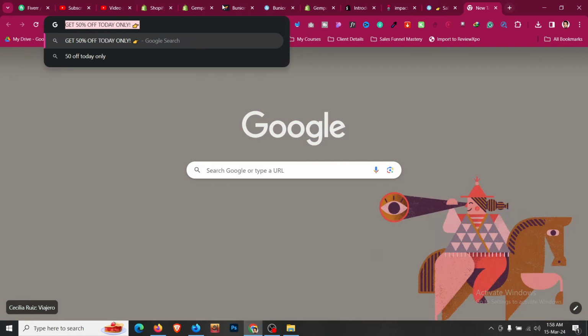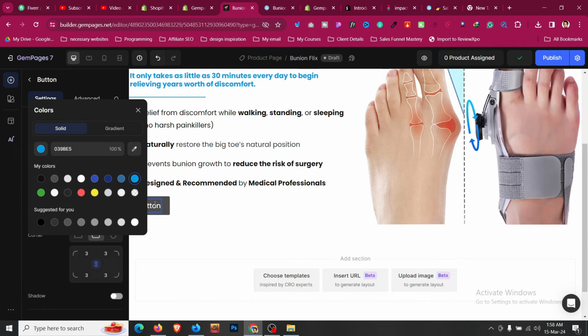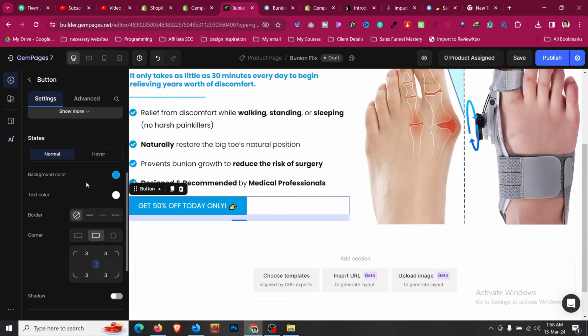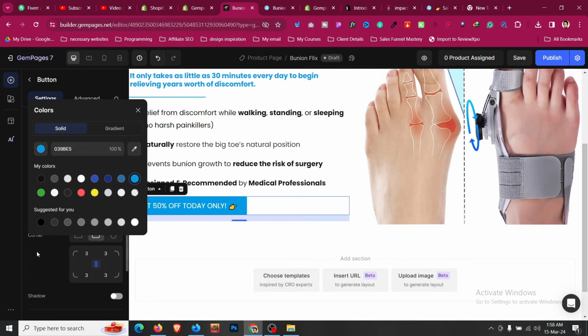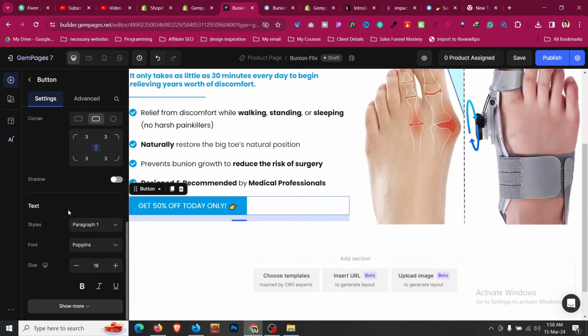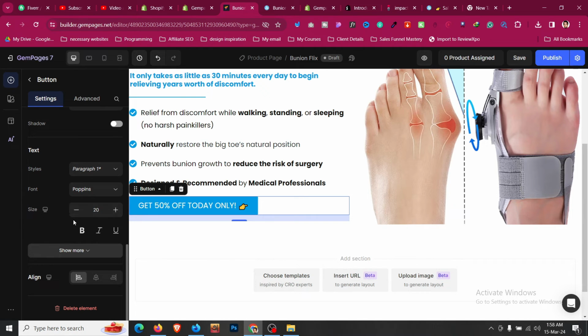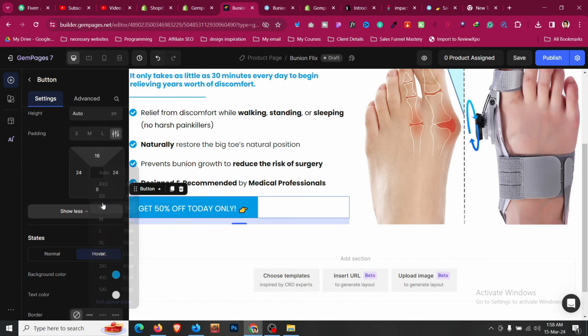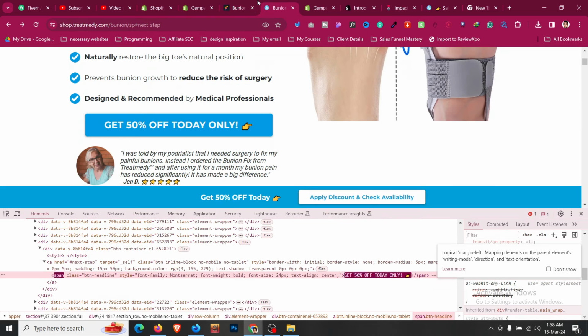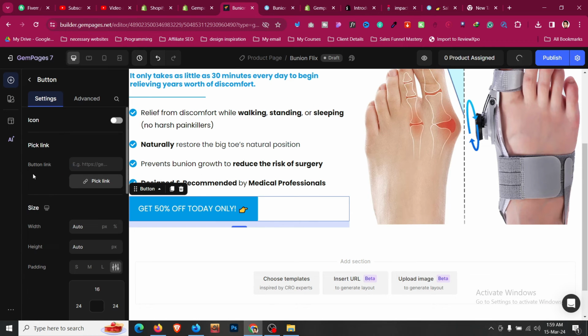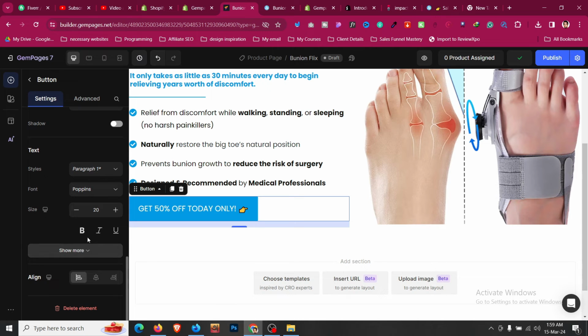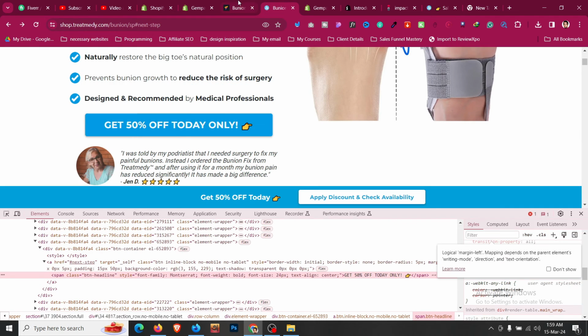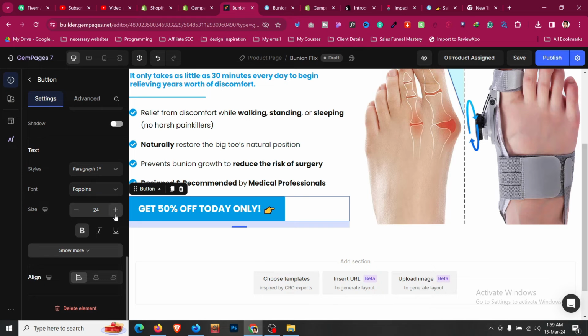So get 25% off, so I'll put it here. Go to hover, same color will be applied for hover as well. For the font size, we can go with 20, and for this we will go with 16 and 16. As you can see, for margin, this is the padding, which takes space in between. Okay, so for that, let's make it bold, maybe, yes, and also let's make it 25 pixel